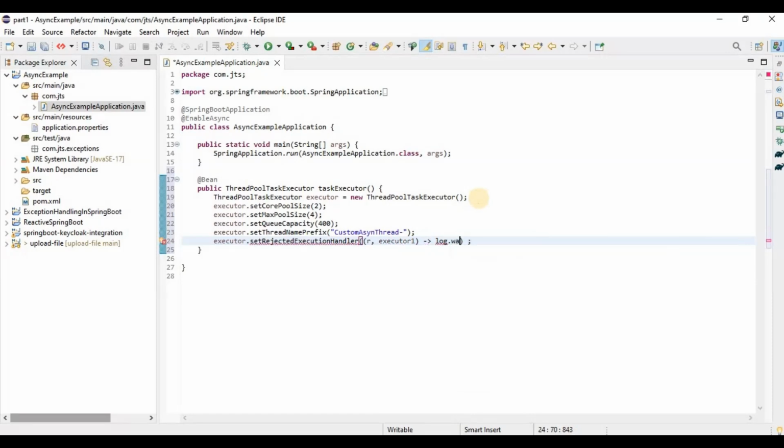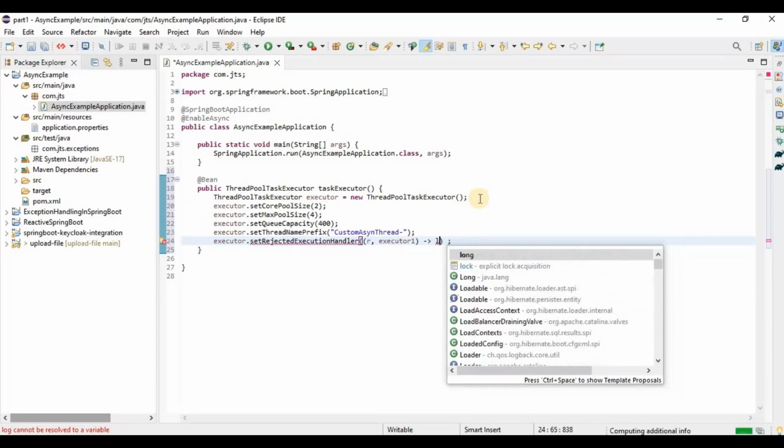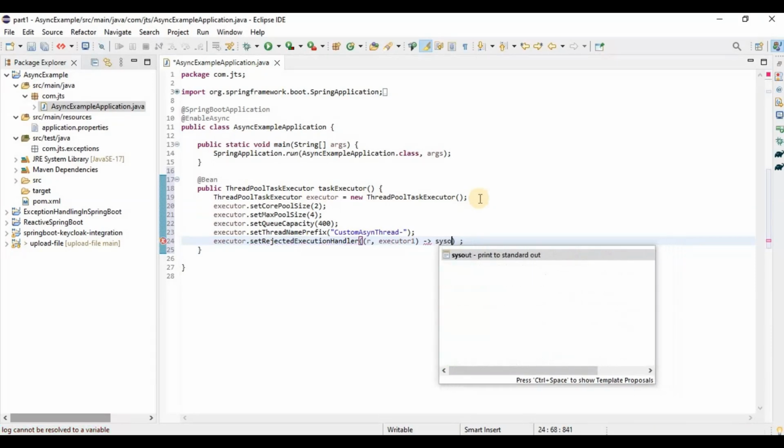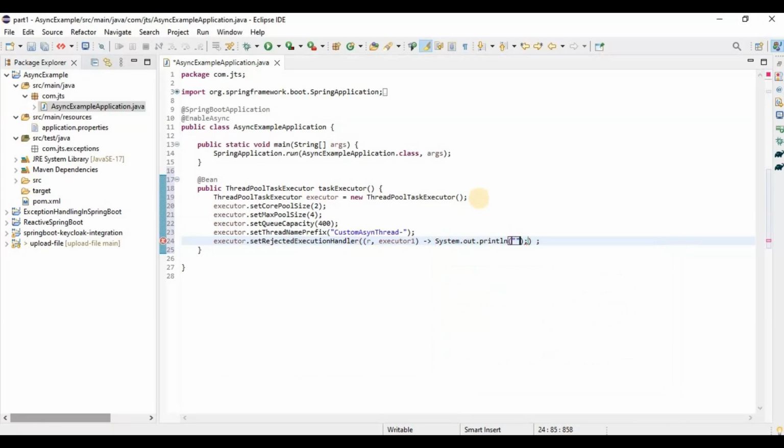So it will be put that, or maybe instead of that we can put some kind of sys out. Okay, so you can mention like queue is full, thread queue is full. Okay, and then we can initialize this thread, we can initialize this, and then